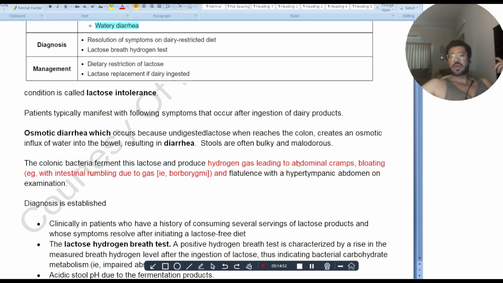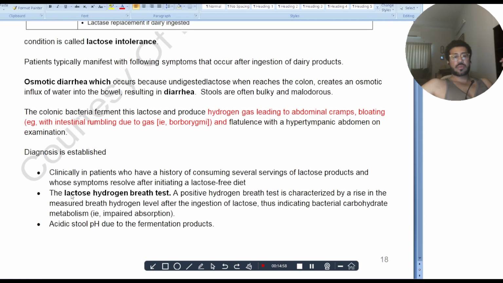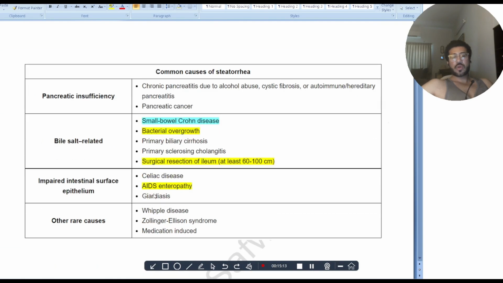Hydrogen gas is what leads to bloating, abdominal cramps, pain, and flatulence. So the lactose hydrogen breath test confirms it. And if you stop dairy and lactose products and the symptoms go away, that is also diagnostic. So that's it. Common causes of steatorrhea. So we're gonna just go